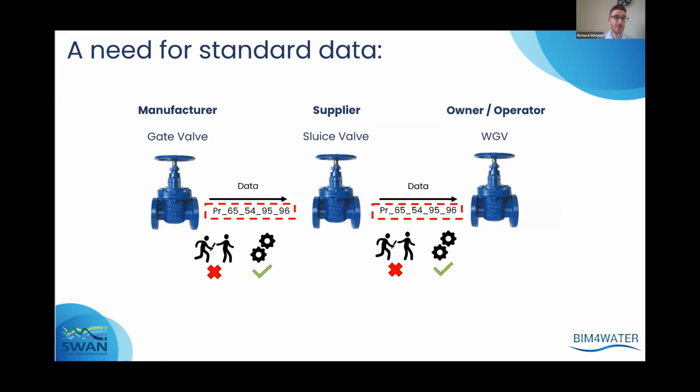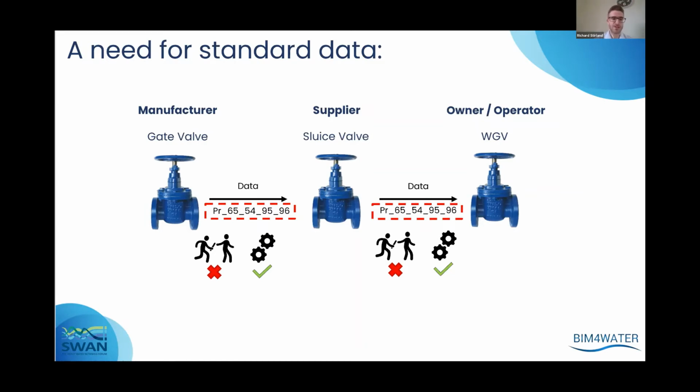We need a way to standardize. The same challenge exists when we talk about water industry assets and their data. We call assets and their characteristics different things in industry across the supply chain. And that's often necessary. We all have our own way of describing our assets in our systems, born out of different needs. But we need to be able to exchange data about those assets at a large scale.